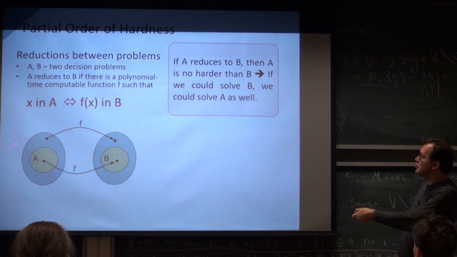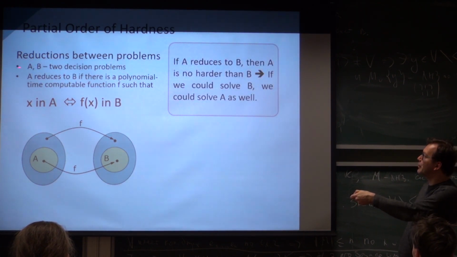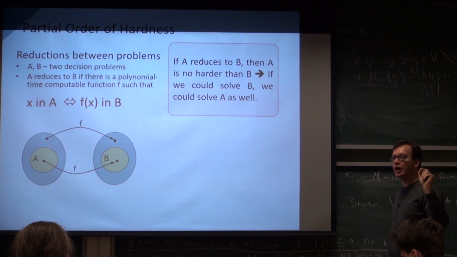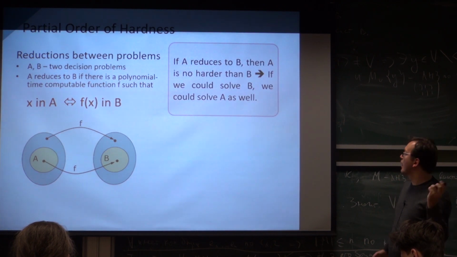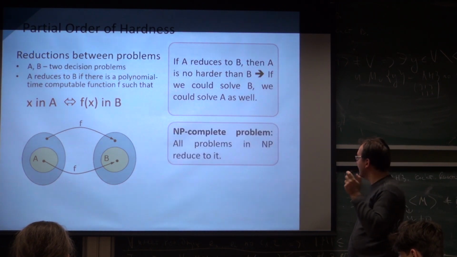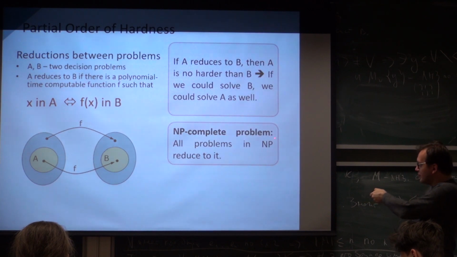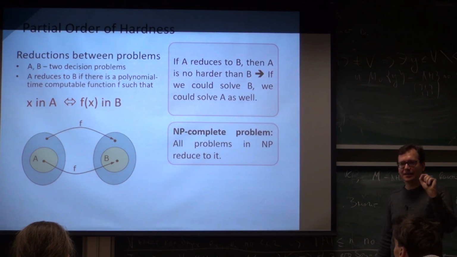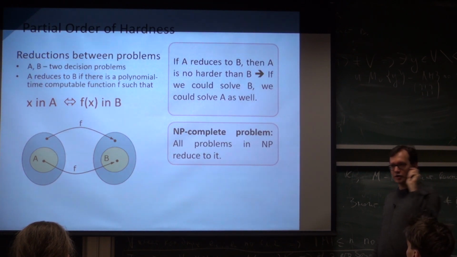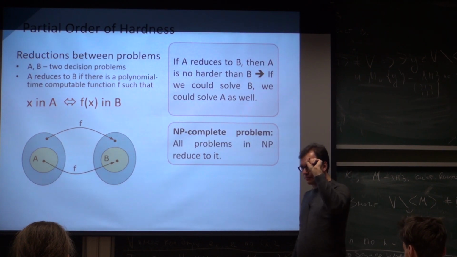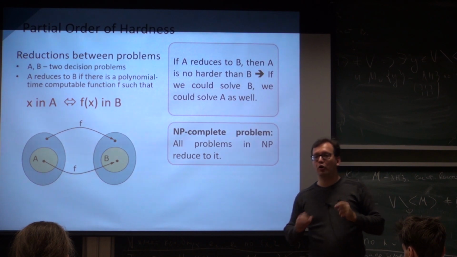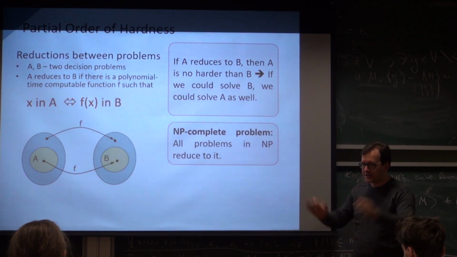This introduces, so if problem A reduces to B, it means that problem B is at least as hard as problem A. And a problem is NP-complete if all problems in NP reduce to it. If you never saw an NP-complete problem, this sounds like magic. But it's possible to find a single problem in NP. For example, the set cover problem I showed you, or the traveling salesman problem, or hundreds and hundreds of other problems,